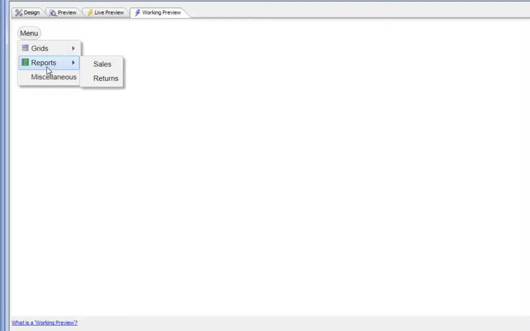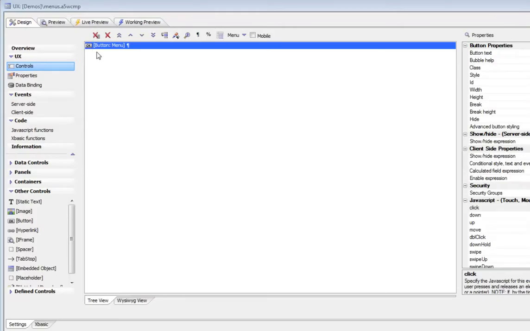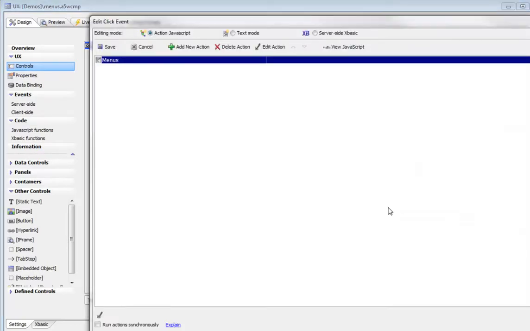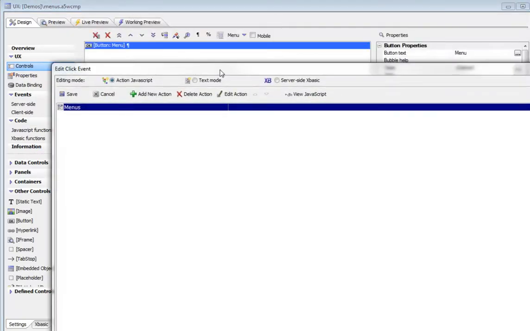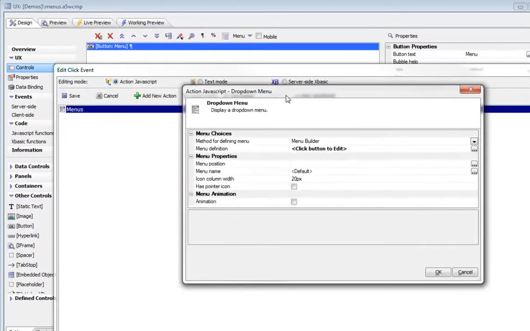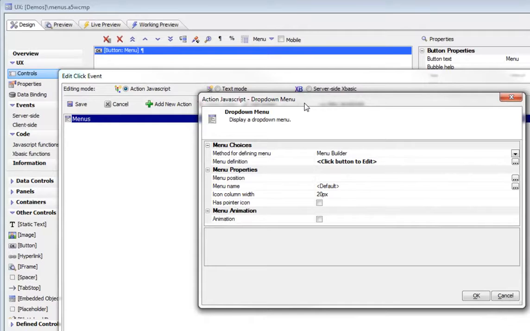So let's go back now and see how this was done. So you can see we have a standard button control there on the UX component, and when we go to the on click event we can see that we're using action JavaScript to define the action for this button. So if we edit the action we can see that we're using a new action called menus, and then if we open up the builder we can see that the method for defining the menu has been set to the